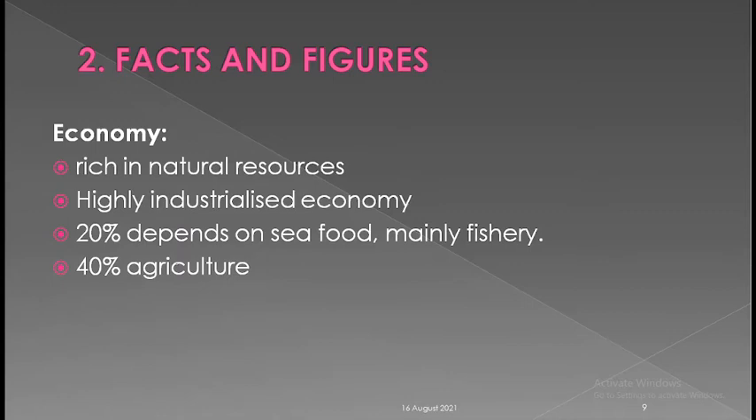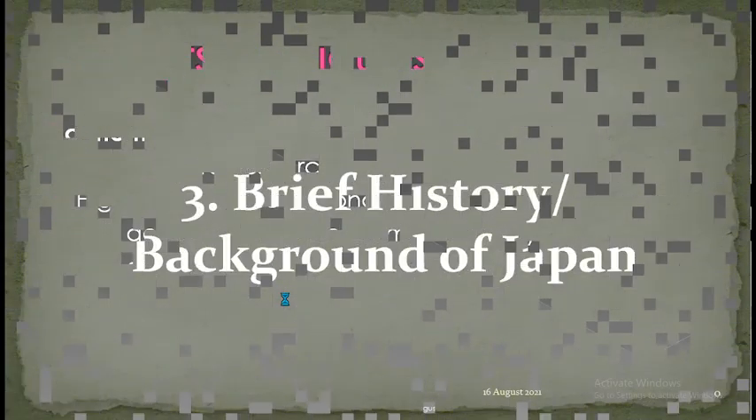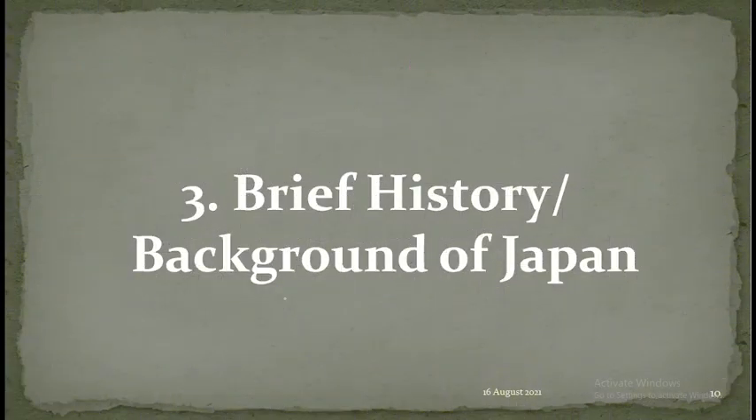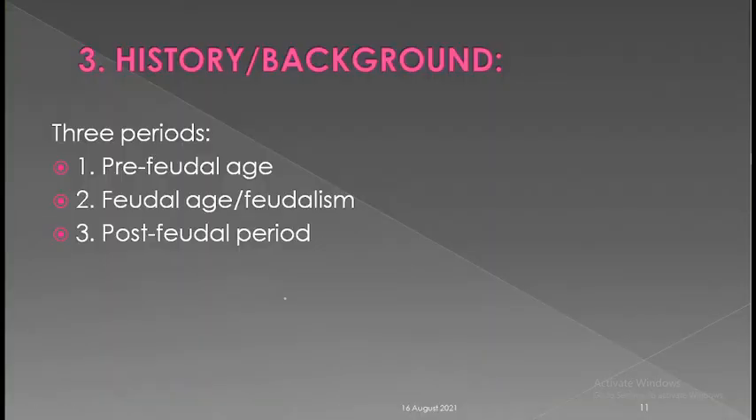20% of the people depend on seafood, mainly fishery, and 40% depend on agriculture. Now, let's continue with the brief history or background of Japan. Here, the history of Japan can be divided into three periods: pre-feudal age, feudal age or feudalism,